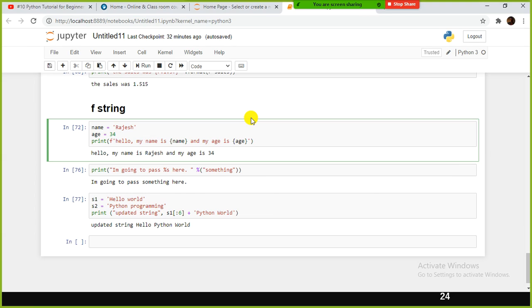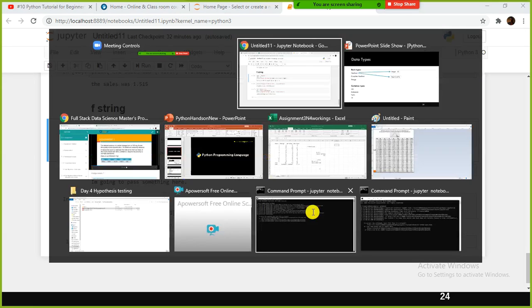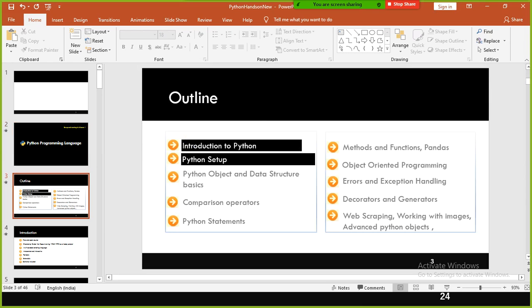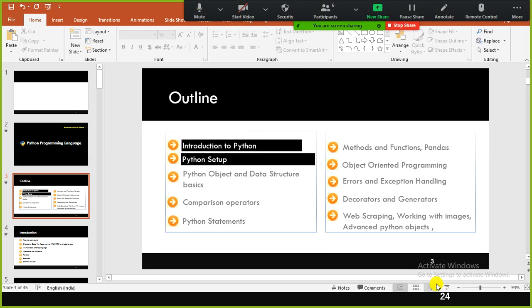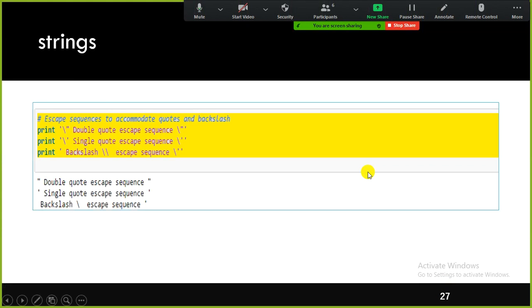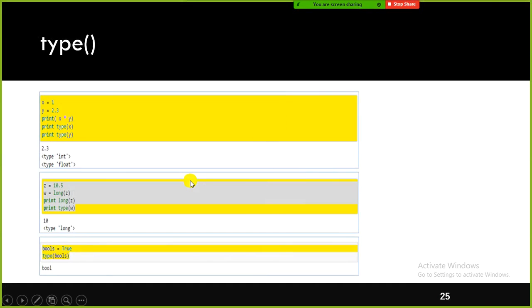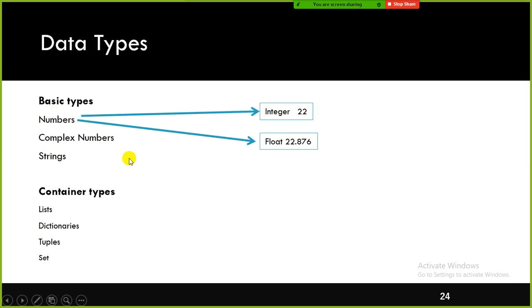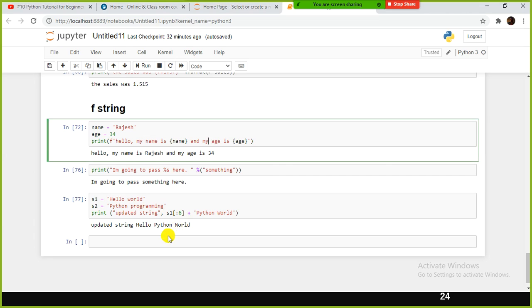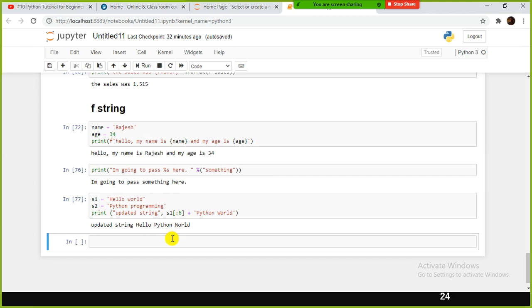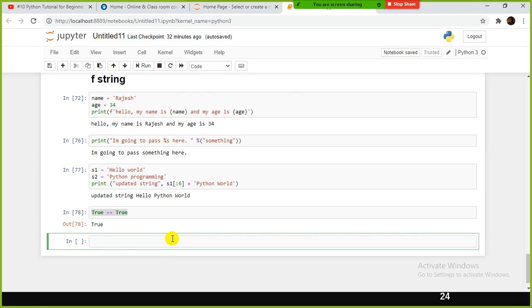So next, variable assignments. This is what I mentioned here. Variable assignments we already discussed, but again, in data types certain things are pending, right? Strings. Okay, and we have something called boolean. The boolean data type is not there yet, right? See here, boolean data type. We will see what the boolean data type is. Suppose you have something called True or False. Here the first letter is capital. True is equivalent to True. It gives you True, right?